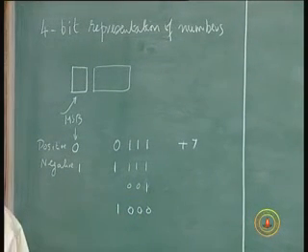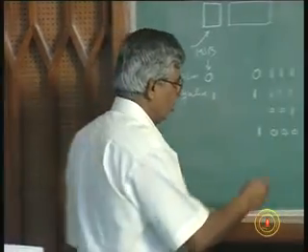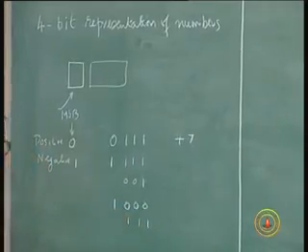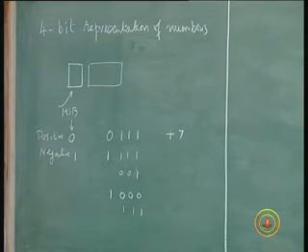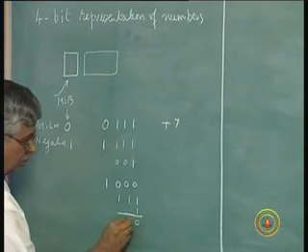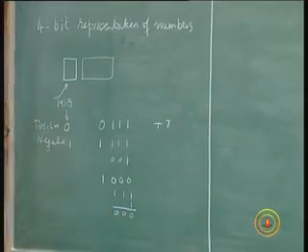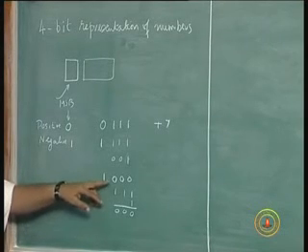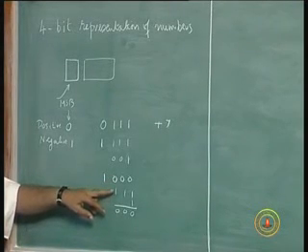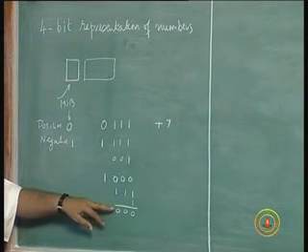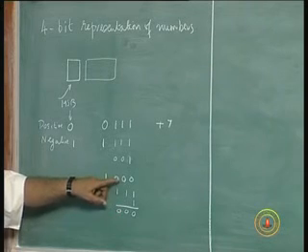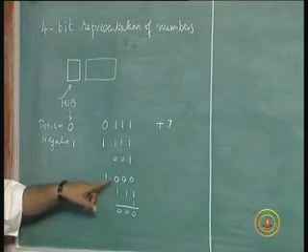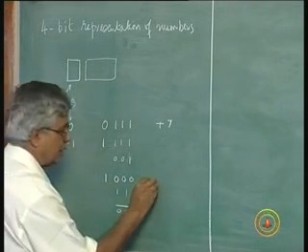You take the 1's complement, which gives seven, but if we add 1 to this, it will represent the same number in 2's complement. 1 0 0 0, this is actually minus 8, because